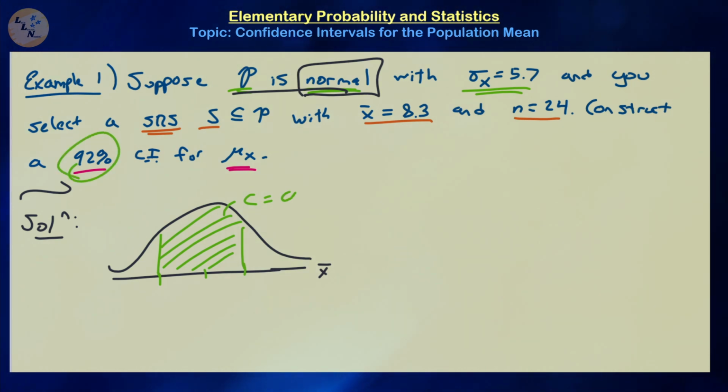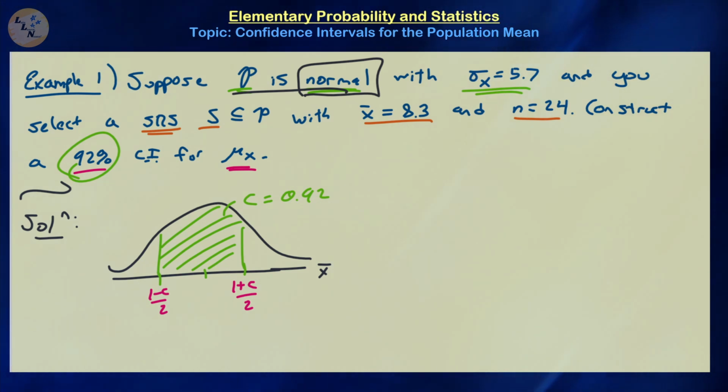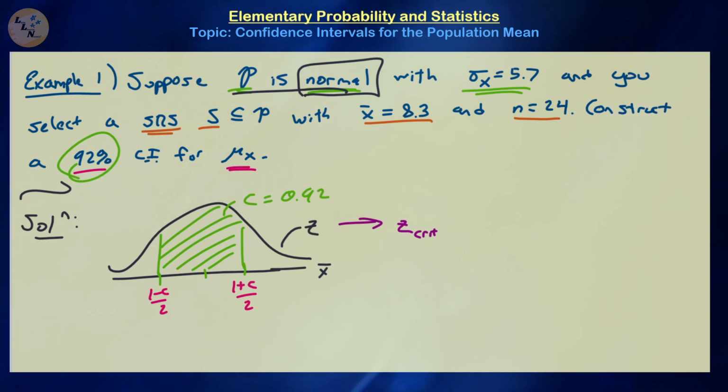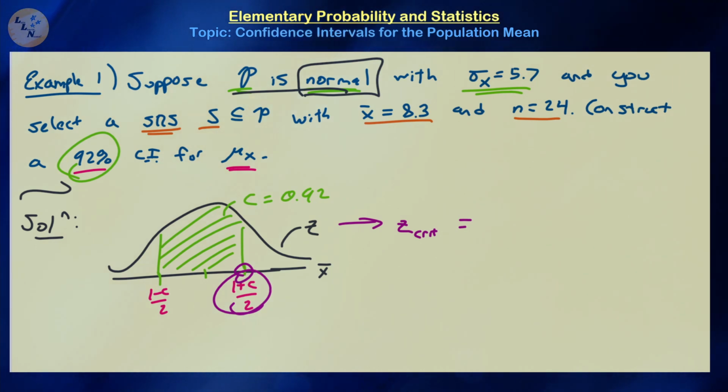We want C to be equal to 92%, so therefore we need to find these boundary points. Remember that this lower value is the (1 minus C)/2th percentile, and this upper boundary is the (1 plus C)/2th percentile, and we've actually discussed these different types of properties and how to find them previously. So if this is indeed a Z or a standard normal distribution, you should be able to find that the Z critical value for a 92% level of confidence, in particular we're looking for the (1 plus C)/2th percentile, is going to be equal to